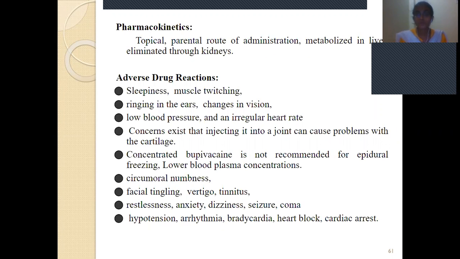In pharmacokinetics, it is given by the topical and parenteral routes of administration, metabolized in the liver, and eliminated through the kidneys. Adverse drug reactions are sleepiness, muscle twitching, ringing in the ears, change in vision, low blood pressure, irregular heart rate, and heart problems, and also fatigue, vertigo, tinnitus, low blood plasma concentration, restlessness, anxiety, dizziness, seizures, coma, hypotension, and arrhythmias. Bradycardia means reduced heart rate, heart block,